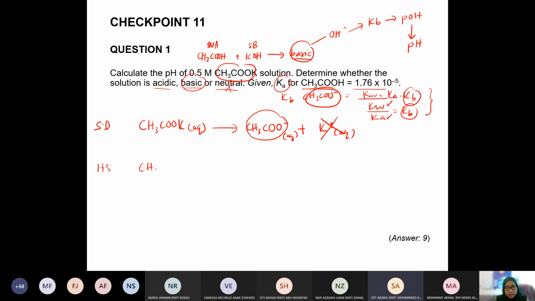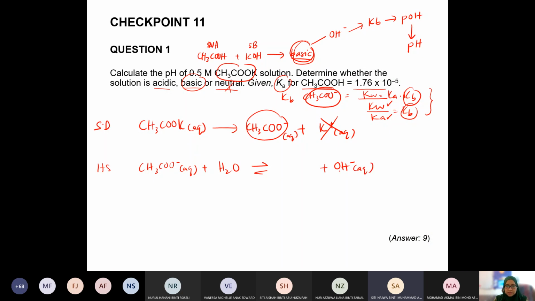That means it will react with water to produce, okay, just now we predicted that it should be basic, right? So you put OH minus there in advance. That is what is important, our prediction. We are not searching around for whether it is acidic or basic. So it should be basic,